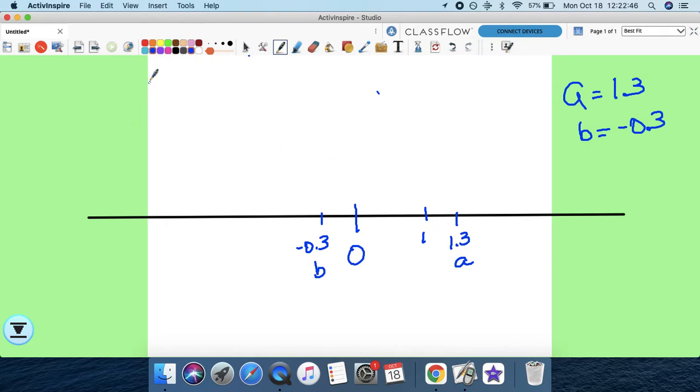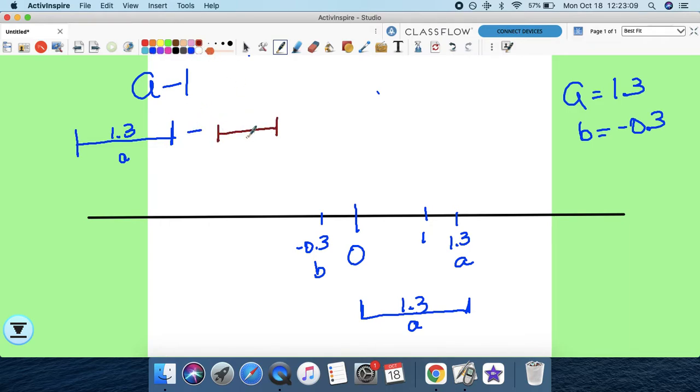So let's do A minus 1. Well, again, this is how much A is. 1.3. So A is pretty big. So if we do A, which is this size, minus 1, what's going to happen? Well, if I take this, I can't, it won't allow me. So